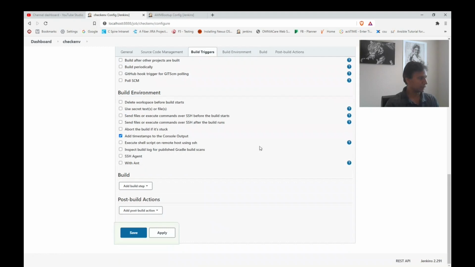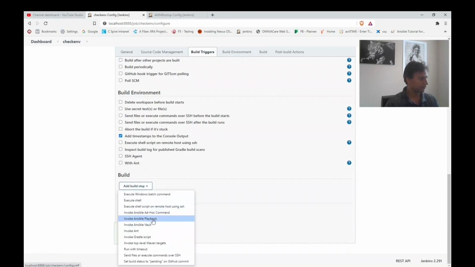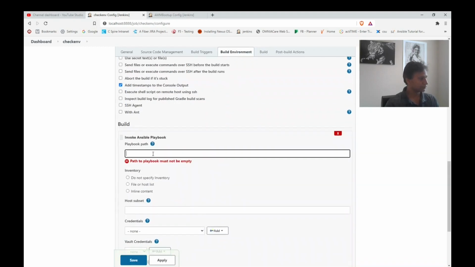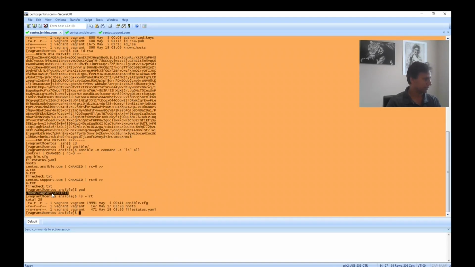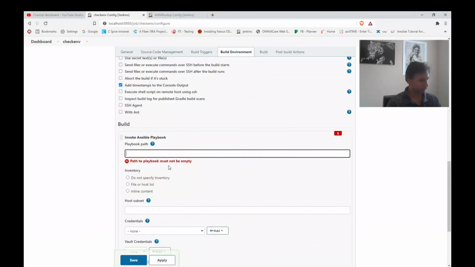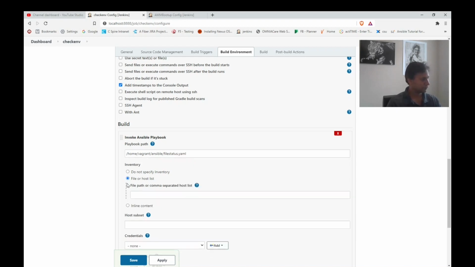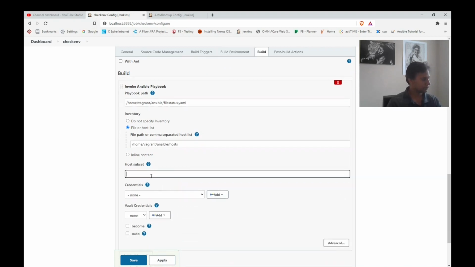Now let me remove this ad hoc, and I'm going to give Ansible playbook. The playbook path is here. Already I have the files, the file status.yaml. Host is host, and the host subnet is